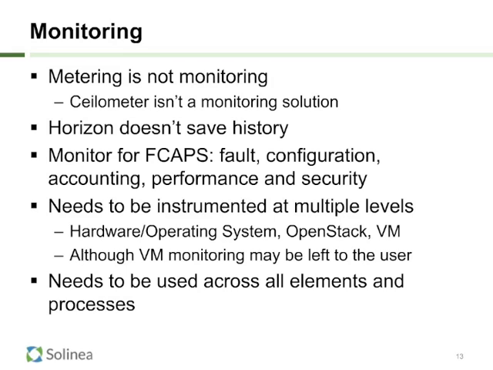As a system administrator or operator of your cloud, you really need to have a normal monitoring system, which probably has several components in it. In addition, Horizon isn't really your monitoring solution either. Horizon does give you an admin section, which allows you to do some administrative commands, and actually a fair number of them now with the new Icehouse update, but it is not stateful. There is no history there. There is no ability to go back in time and find out what it looked like when it was running well versus today. It won't allow you to do any kind of capacity planning